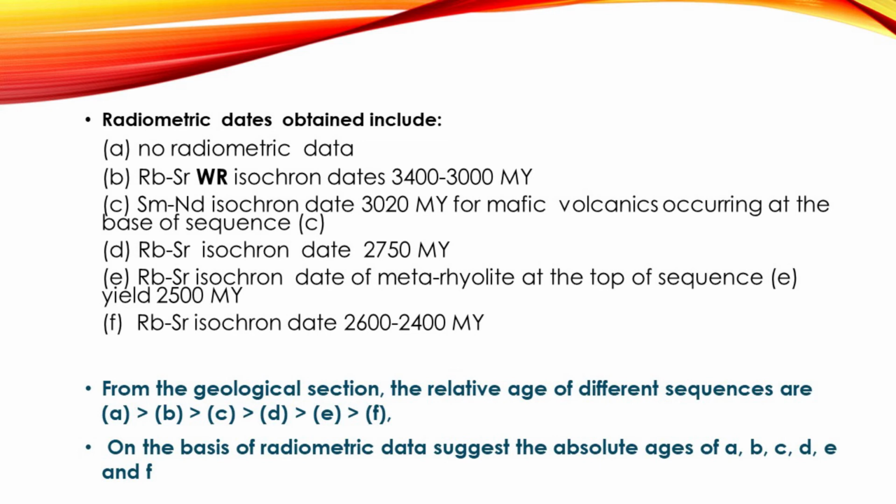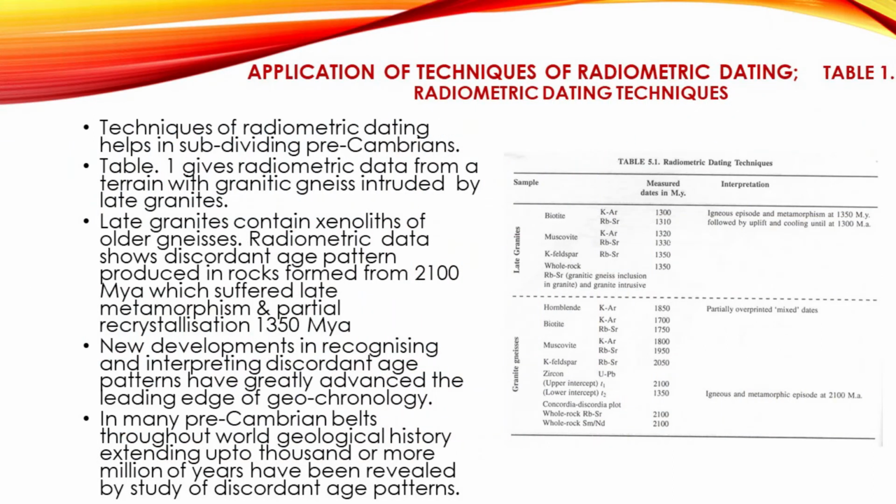Now we'll talk about application of techniques of radiometric dating for various purposes. The multiple techniques of radiometric dating help in subdividing the Precambrians, which are the older ones. Table 1 gives radiometric data from a hypothetical terrain consisting of granite gneiss intruded by a lead granite. The lead granites contain xenoliths of older gneisses. The radiometric data shows discordant age pattern produced in rocks formed from 2100 million years ago, which underwent later metamorphism and partial recrystallization